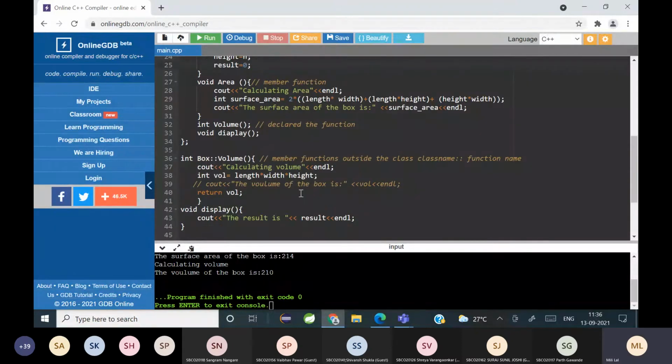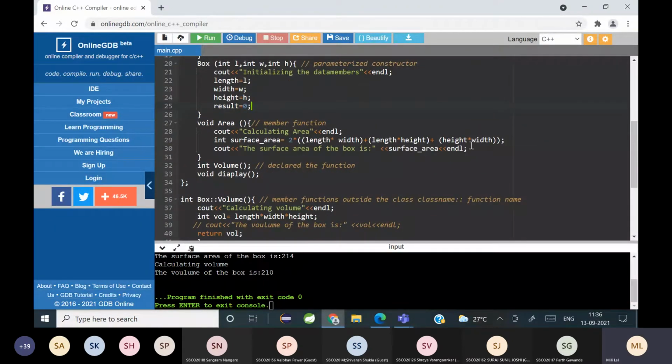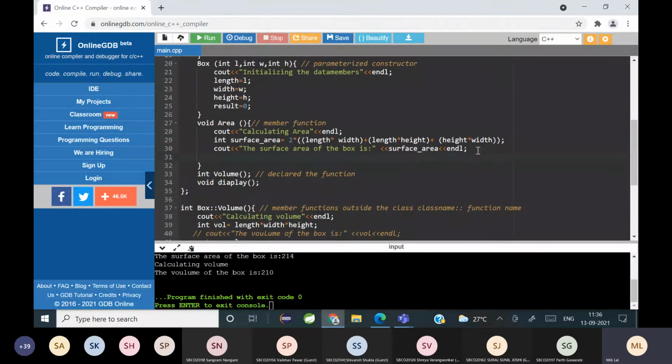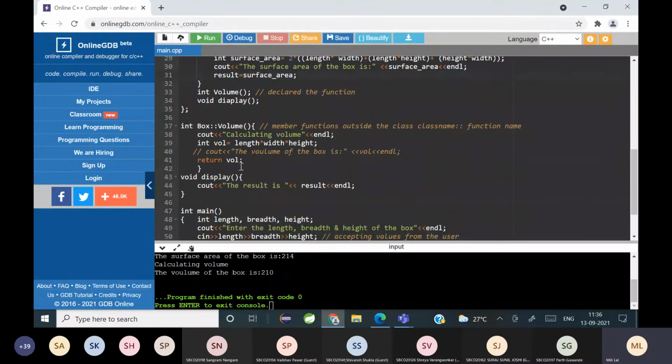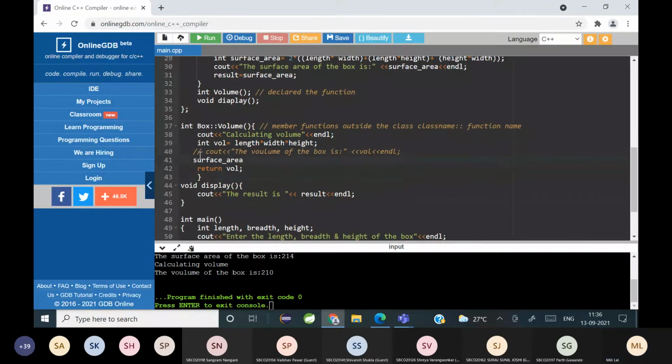And what am I going to do in the area? Just to show you how it works, I'm just assigning result is equal to surface area, and here I'm assigning result equal to volume.